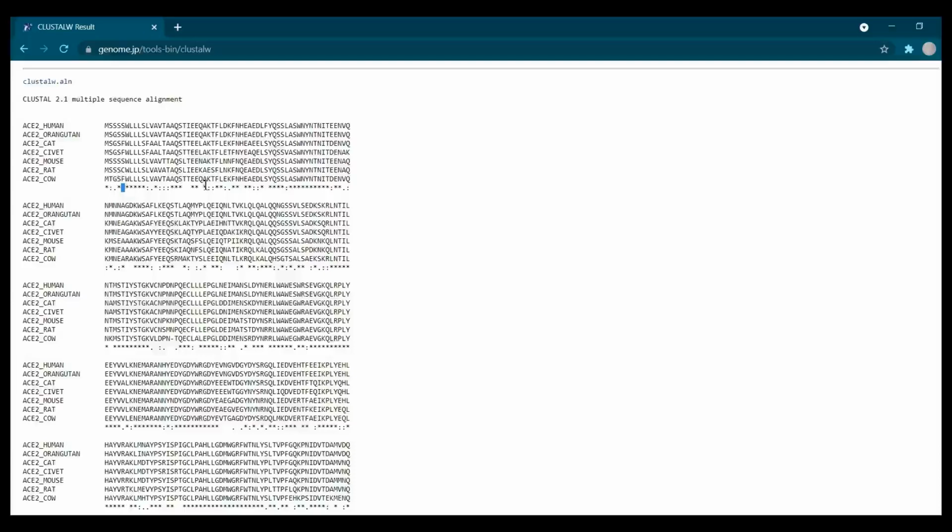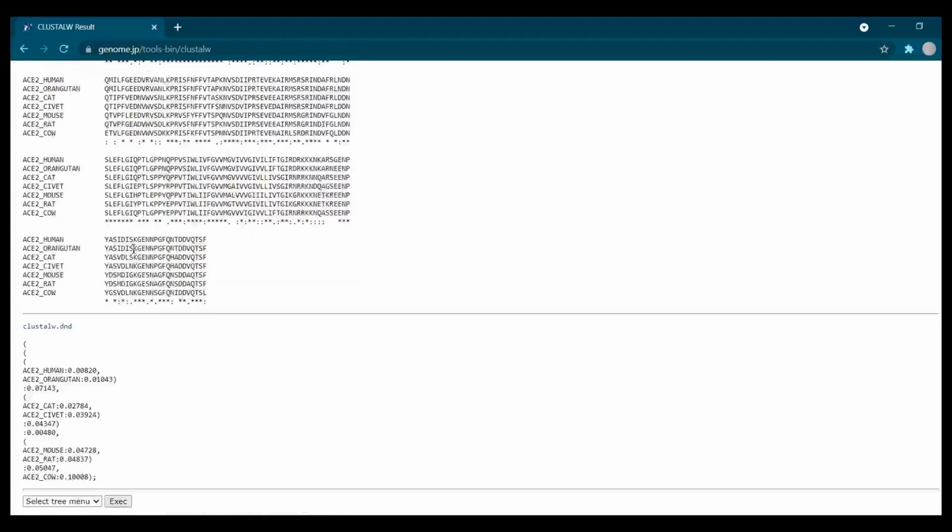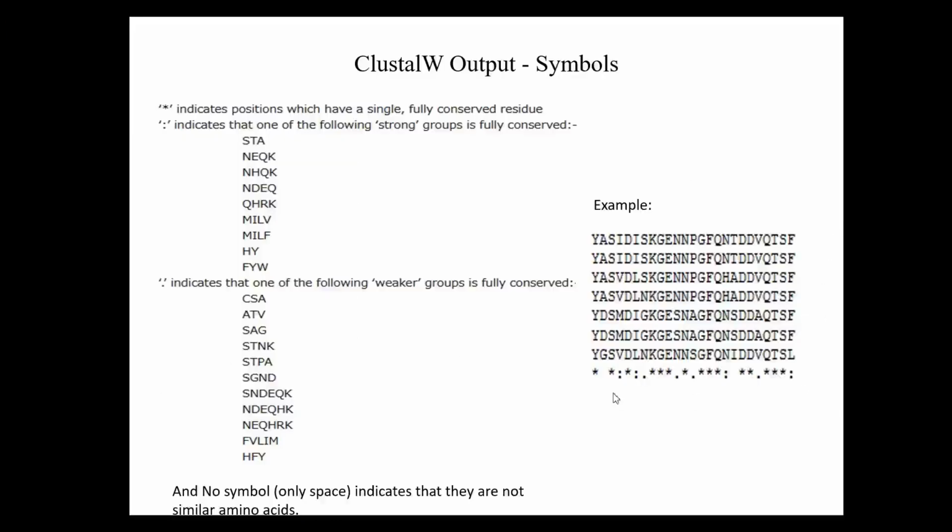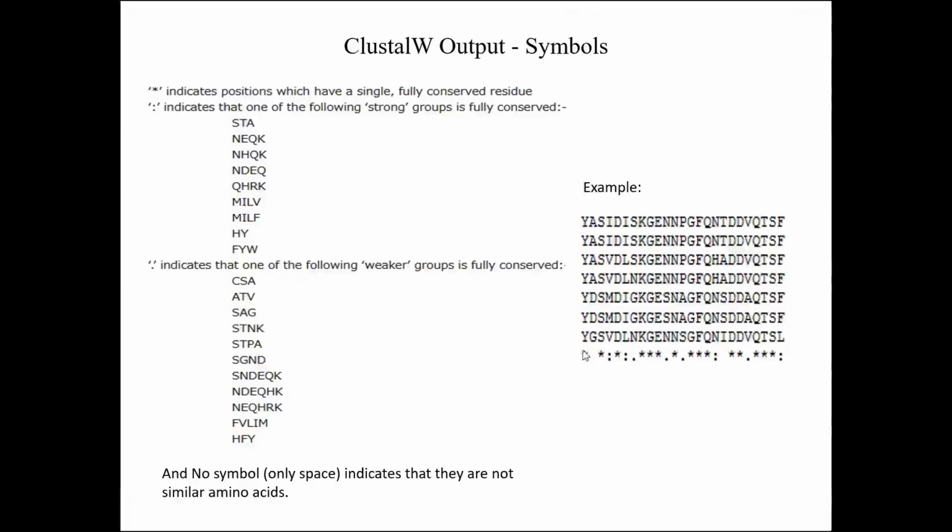So to see this in detail, I'll just take the final portion of this. So the final portion is taken over here. As we know, the star indicates identical matches, the perfect matches. Let's see about the double dot and single dot. These are the set of residues which are highly similar to each other.